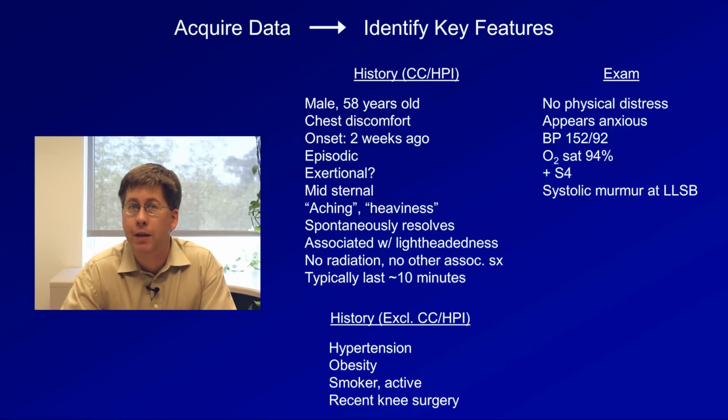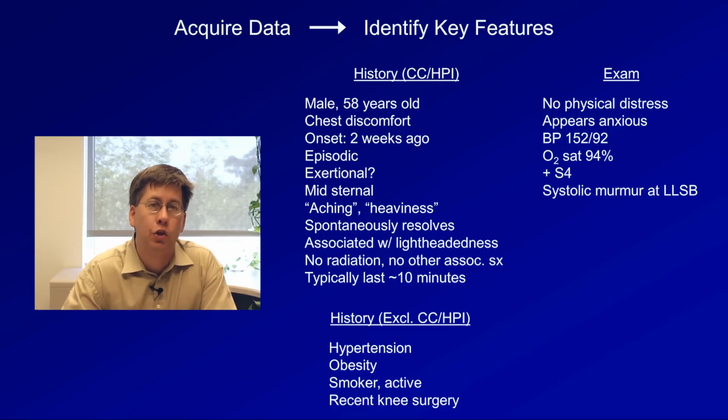On neural exam, his mental status is fully intact. Cranial nerves 2 through 12 are intact, and 1 was not specifically tested. Patellar, ankle, and biceps reflexes are 2+ bilaterally. Motor strength is 5 out of 5 in all major muscle groups. Gait was normal. On labs, his CBC, complete metabolic panel,